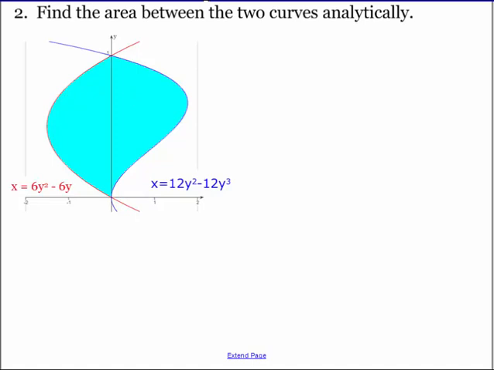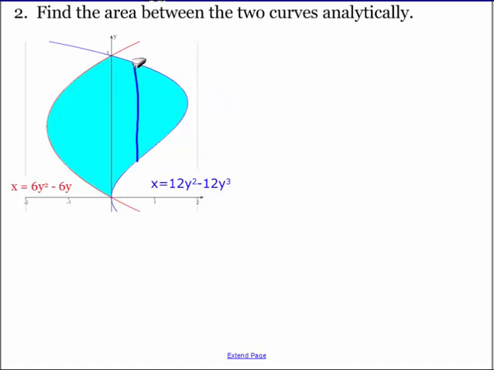Like if you were to draw a line here for the little rectangle of how we built area, you'd have to integrate this function minus that function. And that would be really hard for us to do because we're not going to be able to solve that for y. So we have to integrate with respect to y,